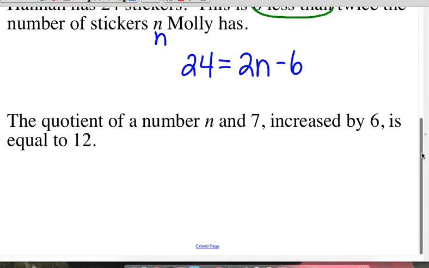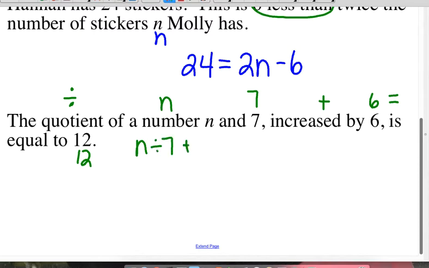Let's do another one. Quotient. Okay, let's read it. The quotient of a number n and 7 increased by 6 is equal to 12. Okay, let's go back and put some notes in here. Quotient means division of a number n and 7. Increased by means add 6. Is is an equal sign. Is equal to 12. Okay, so if I go back and look at my notes, I need to be dividing n and 7. So n divided by 7